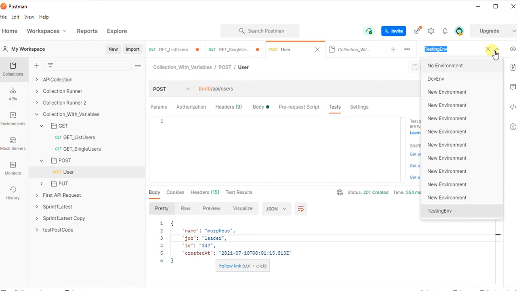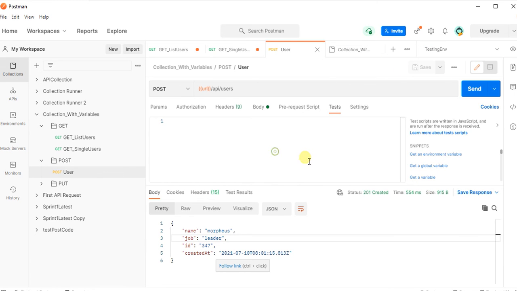We also have what are called local variables, which are temporary and only accessible in your request and scripts. Local variables are scoped to a single request, or to a collection run, and are no longer available when the run is complete. Local variables are suitable if you need a value that overrides all the other variable scopes but do not want the value to persist after execution has ended.